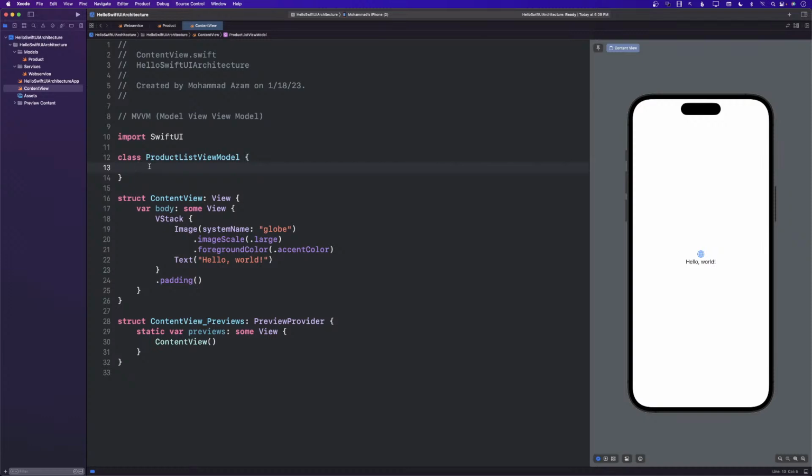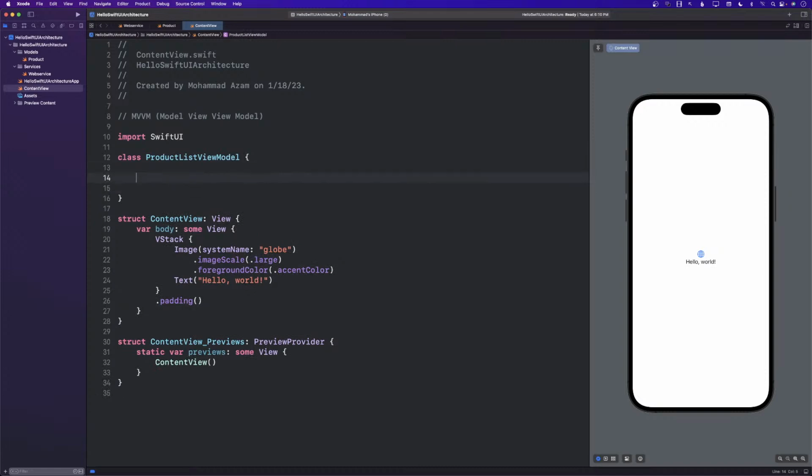The ProductListViewModel will be responsible for everything that happens on the product screen, which is the one on the right-hand side, as you can see. What is the product list view model responsible for? Well, to populate or load the products. So let's go ahead and create a function, populateProducts or loadProducts, same thing, whichever one you like.